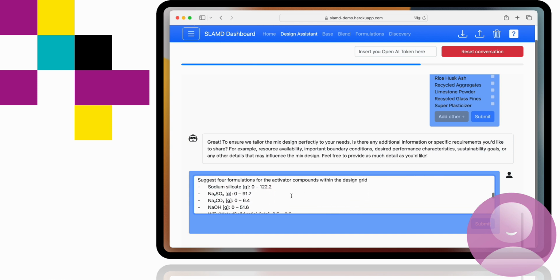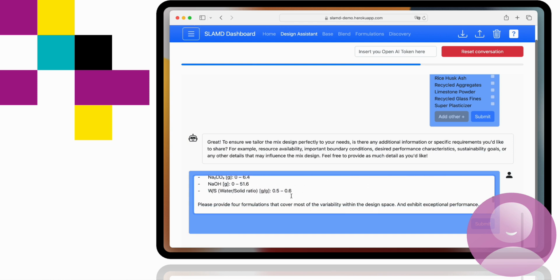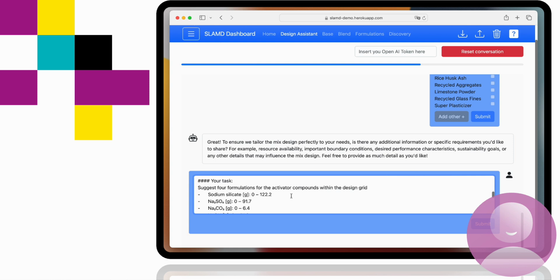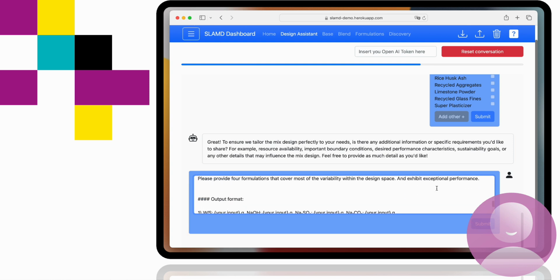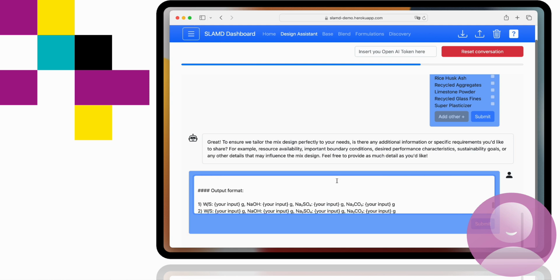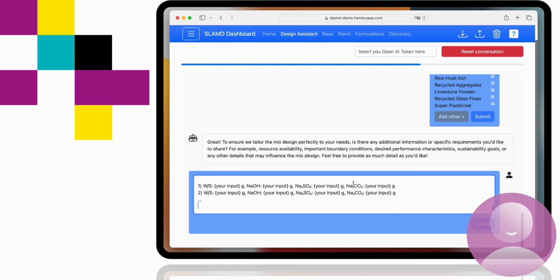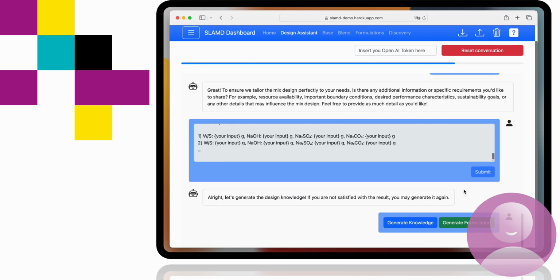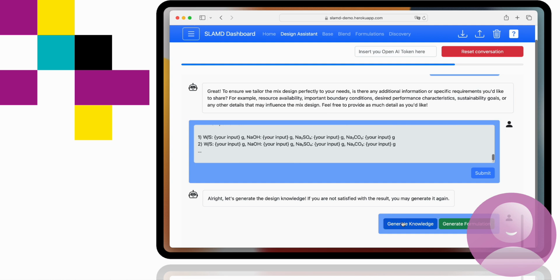Your task: find 4 suitable high performance materials on this grid. Okay, we can enter this, we can explain in natural language what we expect from the design assistant. At the bottom also the output format, so we want it in this way. So let's just submit this,